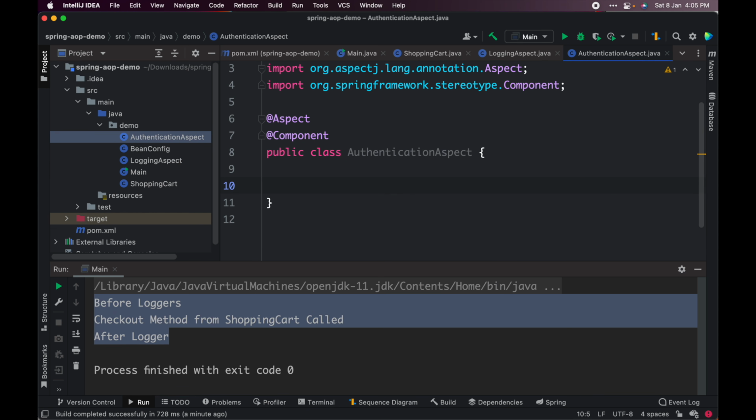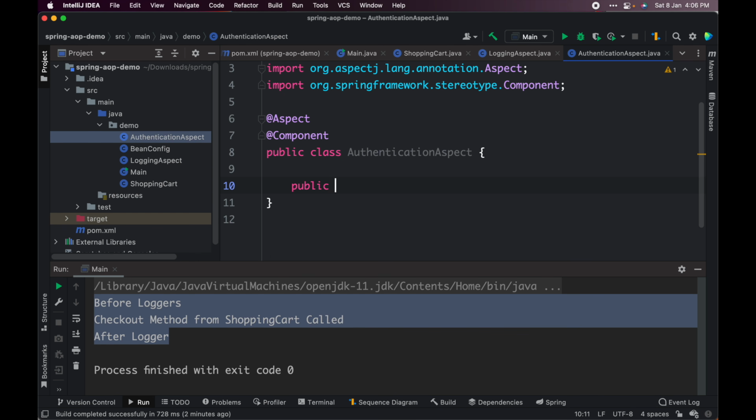Here we can create pointcuts, and we can define them in the methods to be called. Suppose we have multiple different packages and for all of them we want to do authentication and authorization. We can define different pointcuts, like this is the pointcut for this particular package, this one for that package, and you can call the aspect for all the different types of pointcuts.